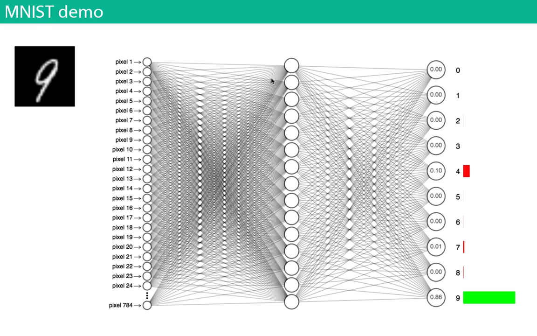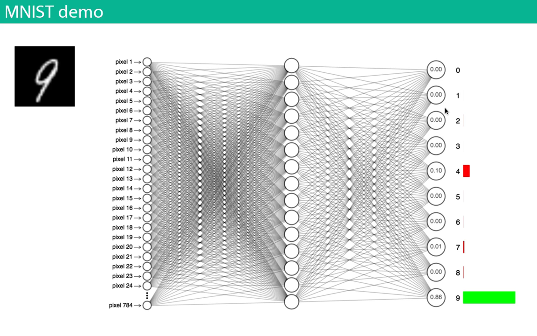And then neural networks can have 1 or more, or sometimes 0, what are called hidden layers. These are neurons that are not inputs or outputs, they're just in the middle of the network. So for this one, we have 1 hidden layer, which has 15 neurons. And then we have 1 output layer, which has 10 neurons. The key thing is that we've set this up so that it has 10 neurons in the output layer because we assign each of these to be one of the digits. So this neuron is assigned to 0, this neuron is assigned to 1, this is 2, and so on.